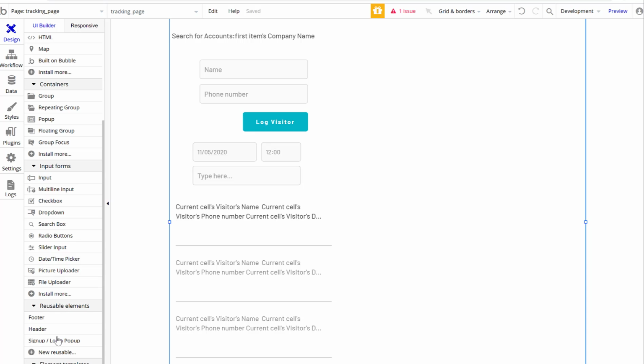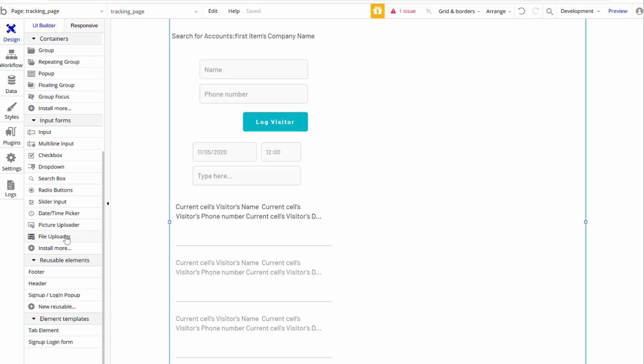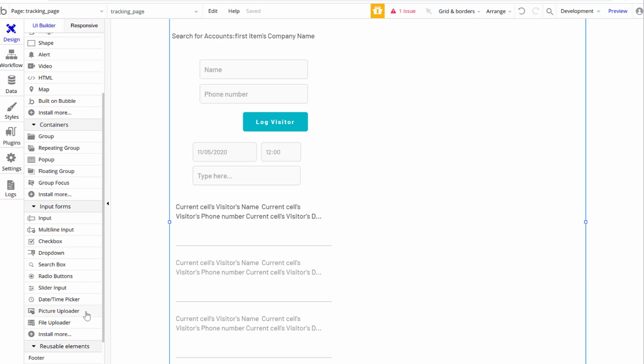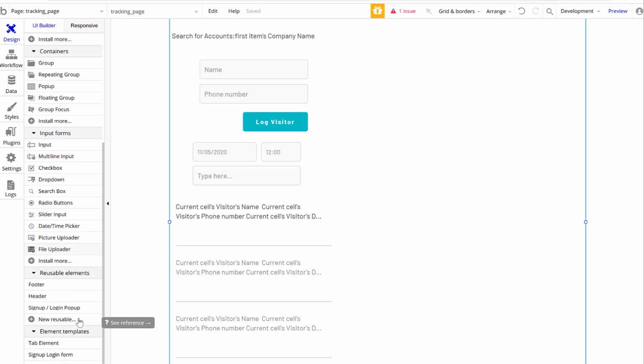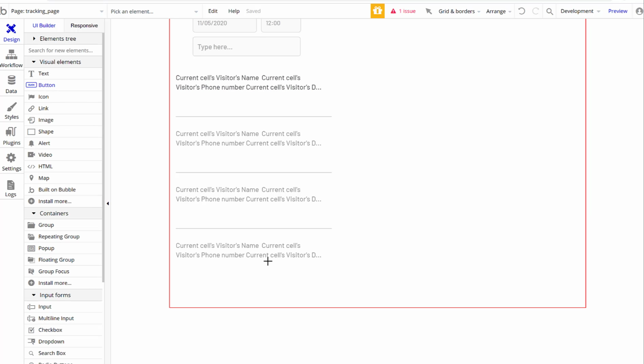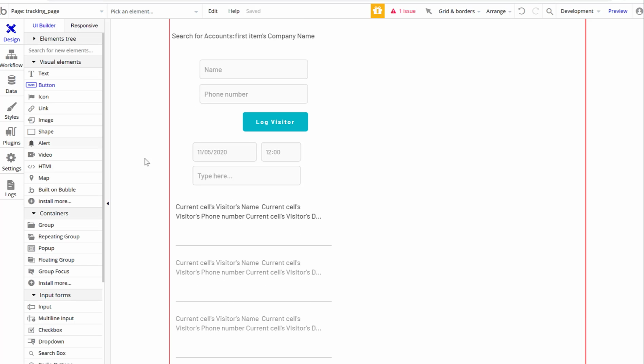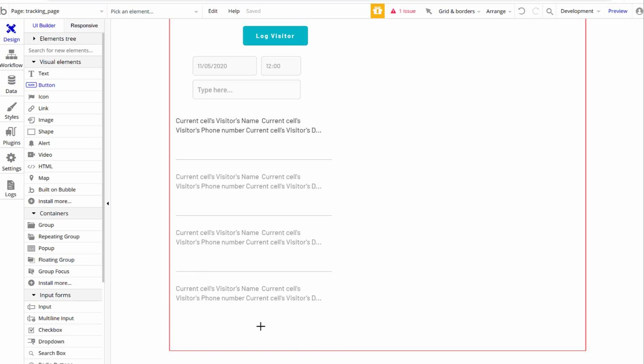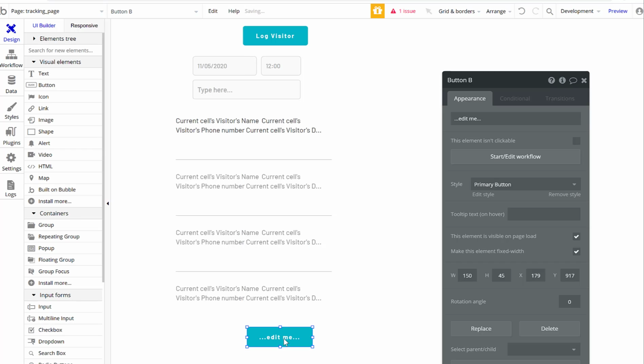I know it's not the file uploader. Give me a sec, I have to find the button. It's early. So what I need to do is make a button. So I'll create a button real quick, and this button will be